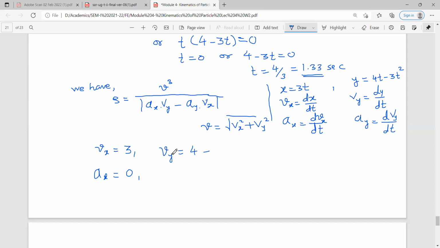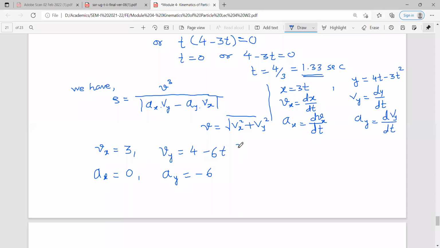So velocity in y direction, differentiate y with respect to t: 4 minus 3 into 2 t, that is 4 minus 6t. And acceleration in y direction, you differentiate velocity with respect to time. So this is 0 minus 6, since the derivative of t is 1. Okay. And we want these values